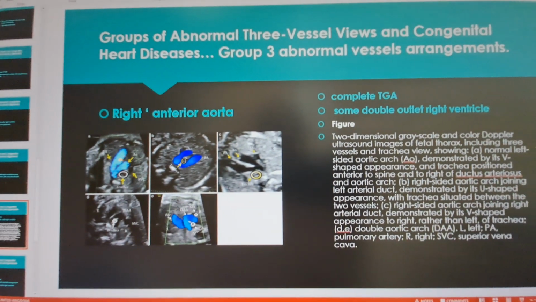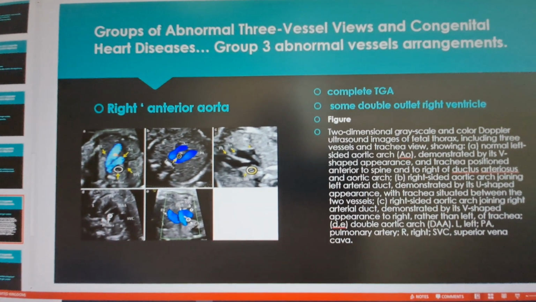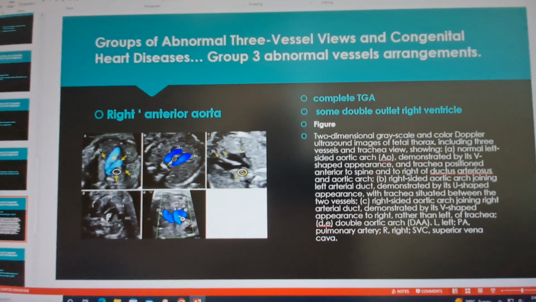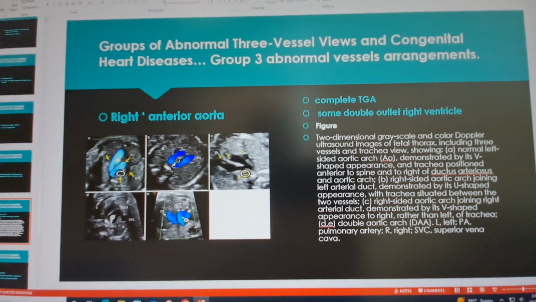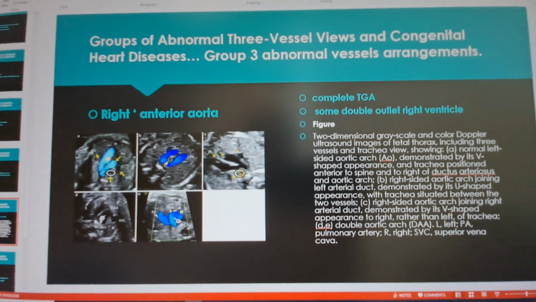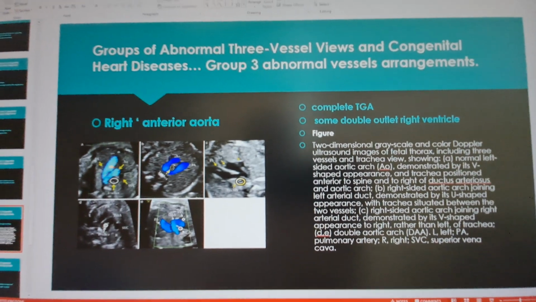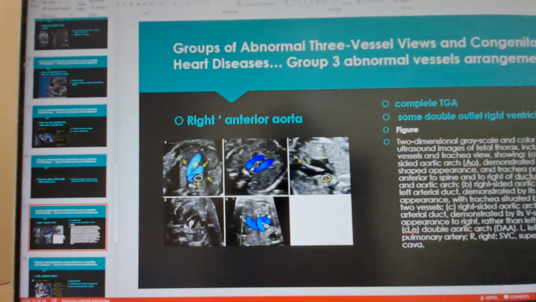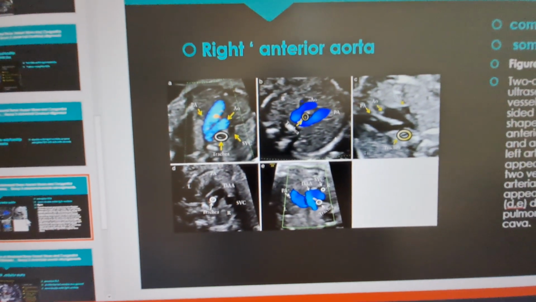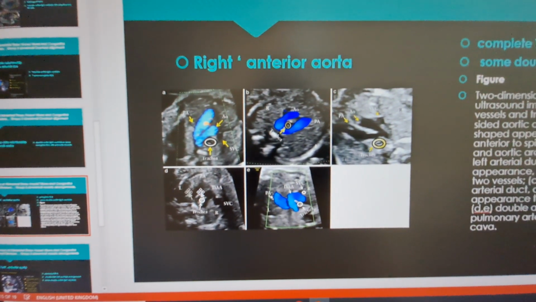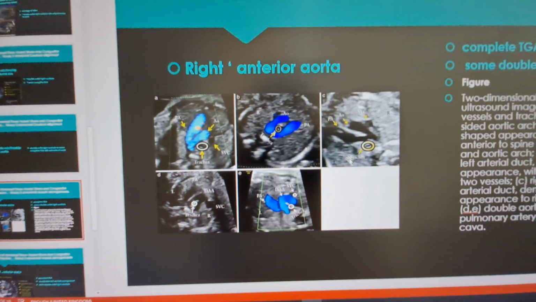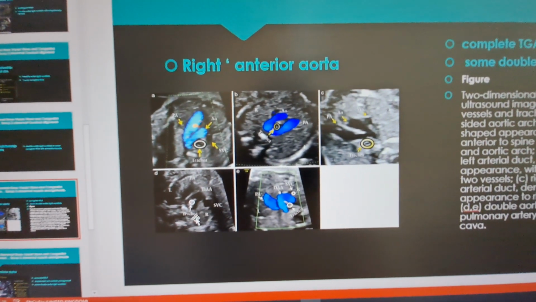So you can see here the right anterior aorta. If you think about it, the anterior vessel is moved from the right side. So what will happen? The same, TGA, the transposition of the vessels, and the double outlet of the right ventricle. I just selected this picture to show you the arrangement of the position of the three vessel view, the normal and the abnormal position of the trachea in relationship to the